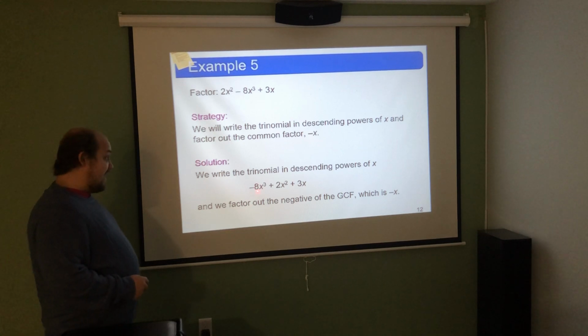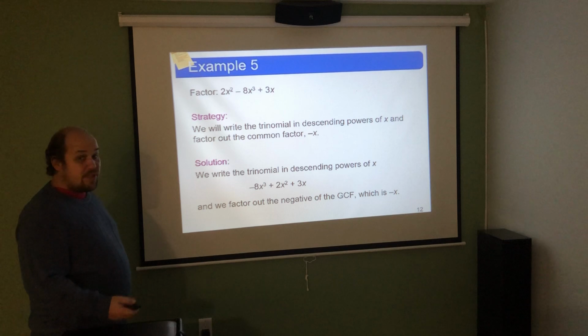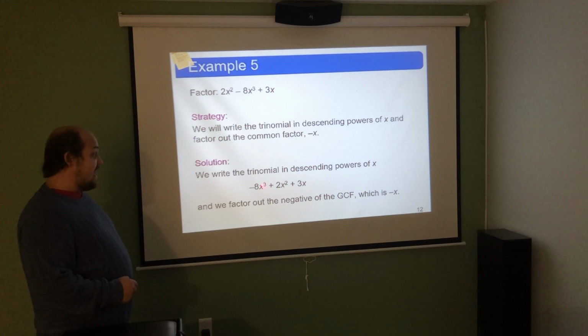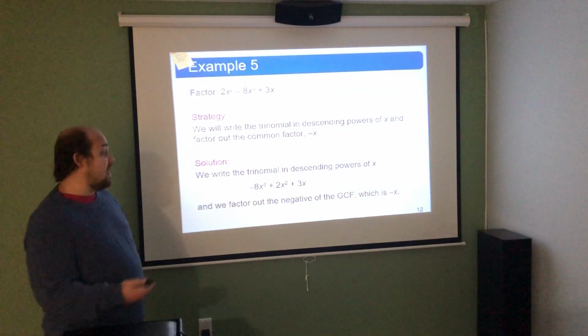I'd love to take a negative 8 out, but 8 doesn't go into either 2 or 3. More so, no factors of 8 go into both 2 and 3. So that 8's got to stay there. That said, I see there's at least one x in each term, so an x can come out. And again, I want to make this first term positive, so since it's negative currently, I'm going to take out